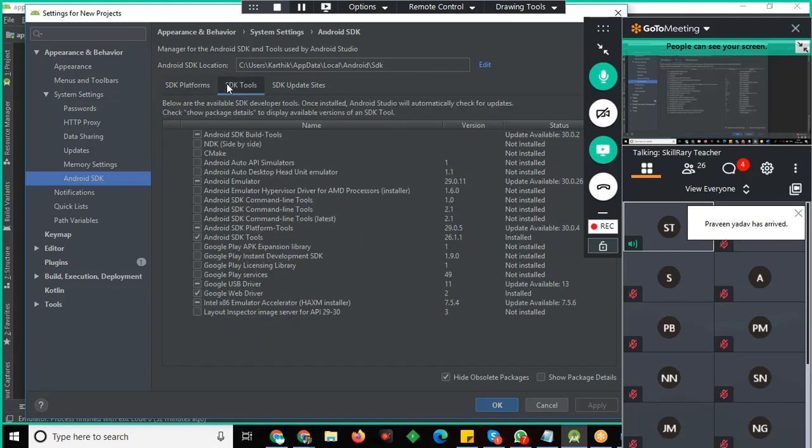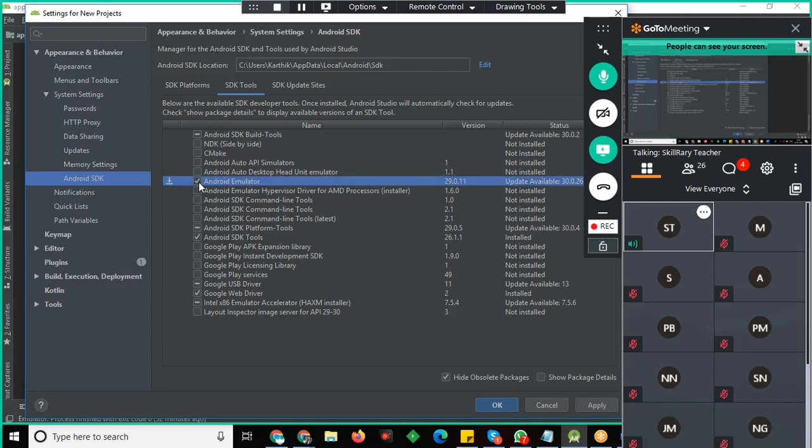So here you need to go to SDK tools. Under SDK tools, just configure the following things. That is Android emulator, Android SDK platform, which is very important.